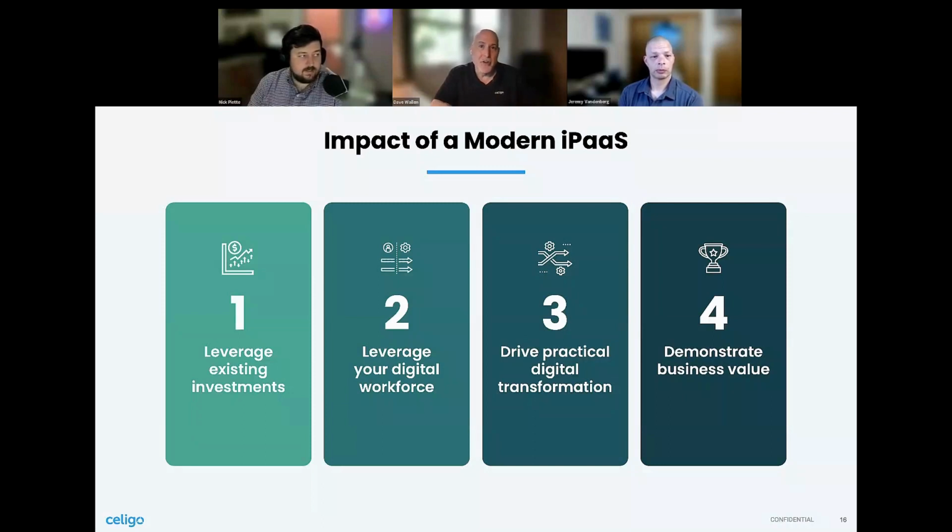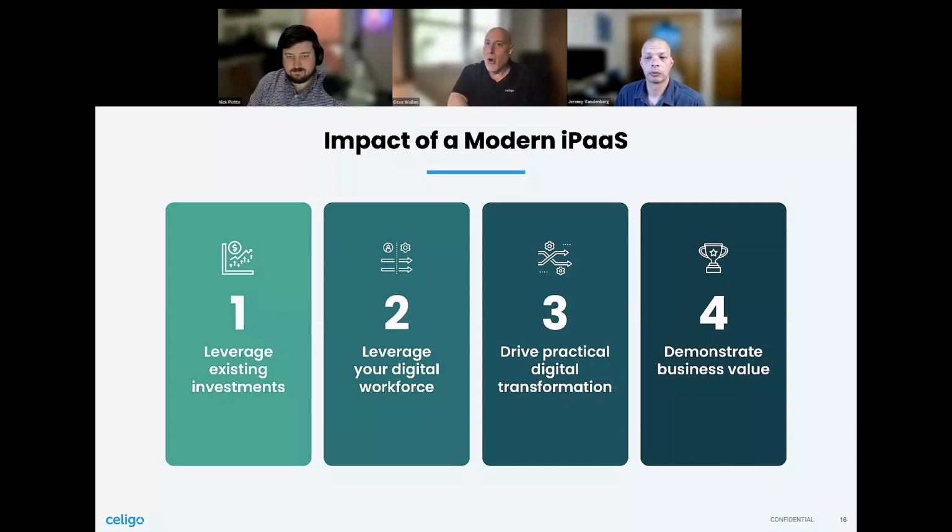Now we're going into how a modern iPaaS can impact the business and help to mitigate those. So one is leveraging your existing investments, right? We're being driven to meet growth targets. We're told to minimize our operational costs, minimize our spend. This idea of leveraging your digital workforce, we've talked a little about this workforce. We'll talk a little more now about the practical actions you can take to leverage that team. And I saw the word practical, which is why I said it before, so I'll say it again. But we love this idea of practical digital transformation, how you can avoid that 70% failure rate and make this